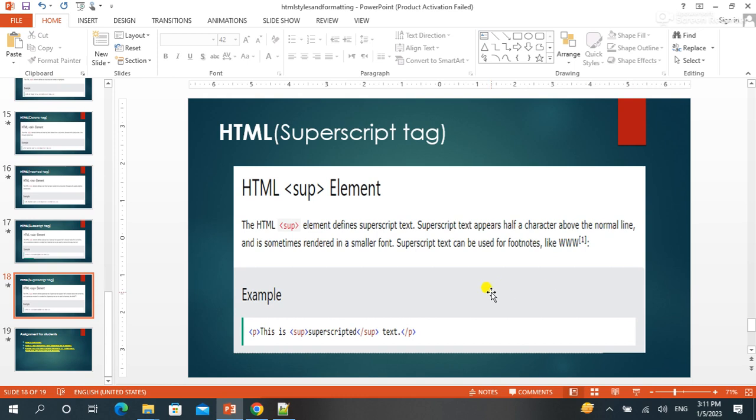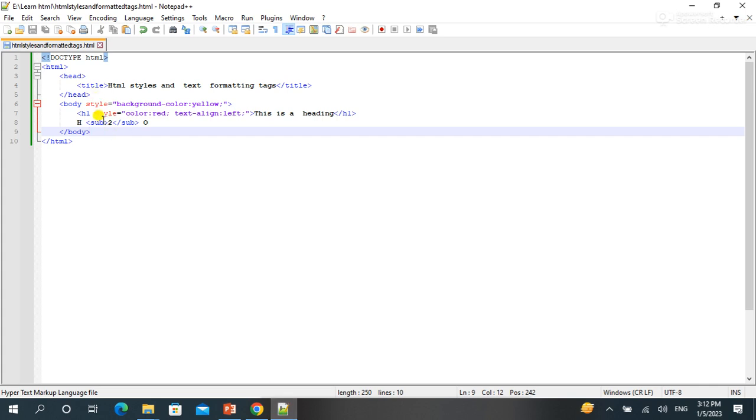Our next tag is superscript tag. The HTML sup element defines superscript text. Superscript text appears half a character above the normal line and is sometimes rendered in a smaller font. Superscript text can be used for footnotes like www, and you can see on the top 1. It can be used if you want to display the power of something, like if I use